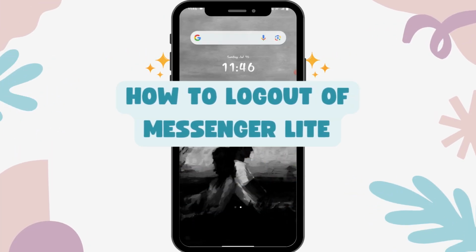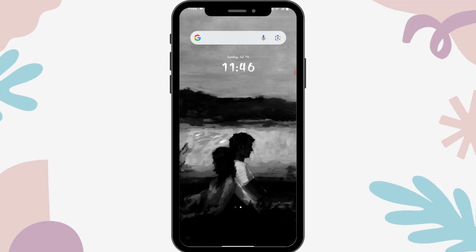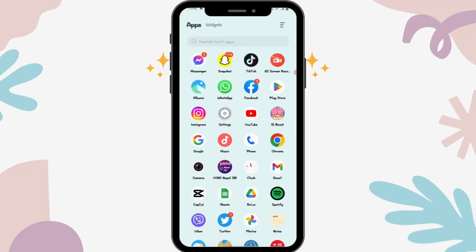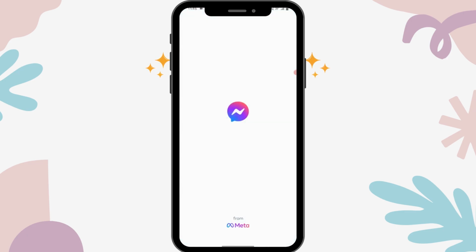How to log out of Messenger Lite. So if you want to log out of Messenger Lite, then first of all you have to open up your Messenger Lite,